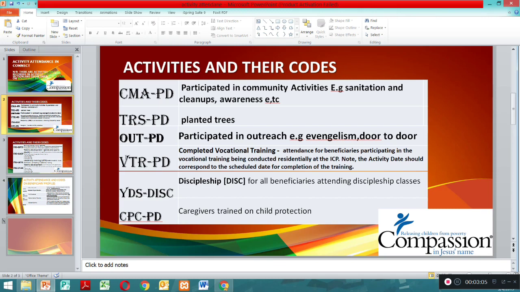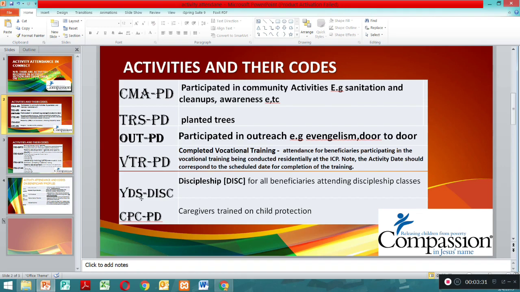You record this as vocational training under VTR-PD. So any skill training that you conduct at the project should be recorded under VTR-PD. Then we have